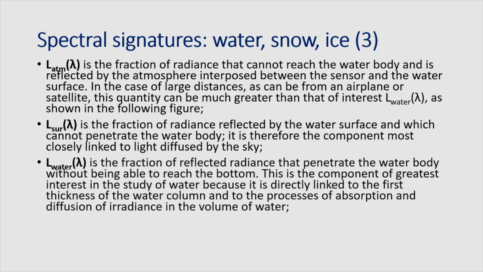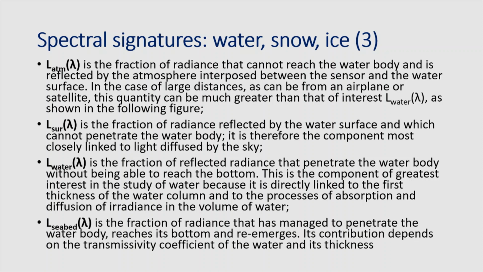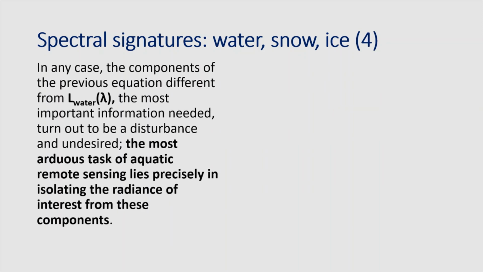Then we have the inner layer of the water when the layer is not thin, as I mentioned, and then the seabed, of course, only in particular conditions. So in any case, the components of the previous equation, different from L water, the reflectance coming from the middle of the water, the most important information needed, turn out to be disturbance and undesired. The most arduous task of aquatic remote sensing lies precisely in isolating the radiance of interest